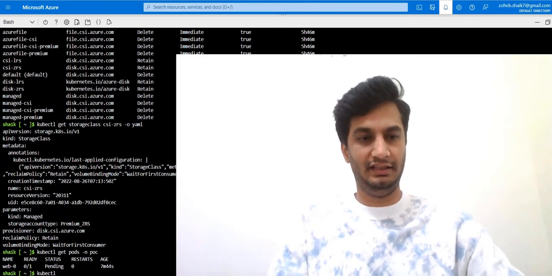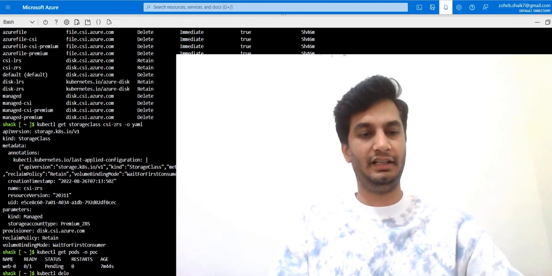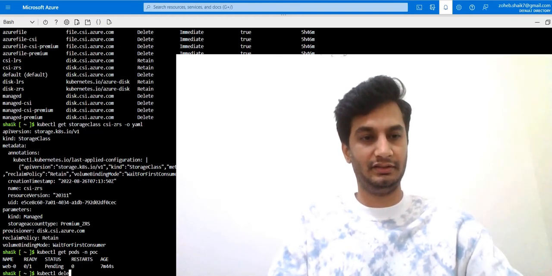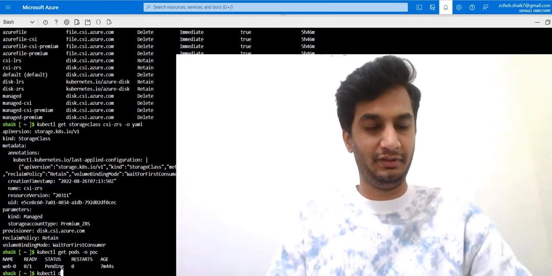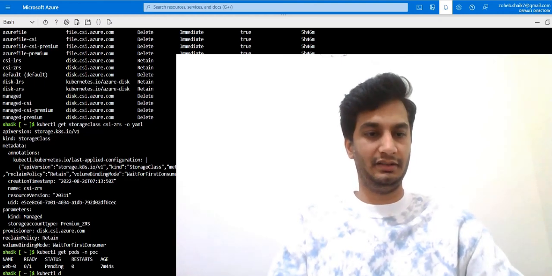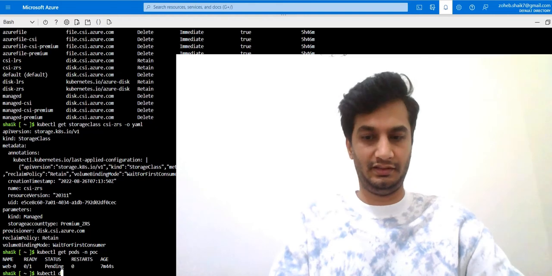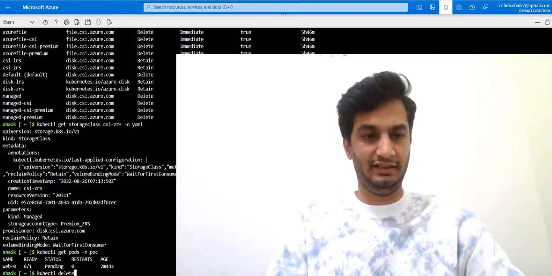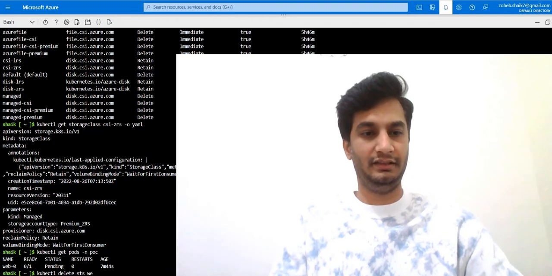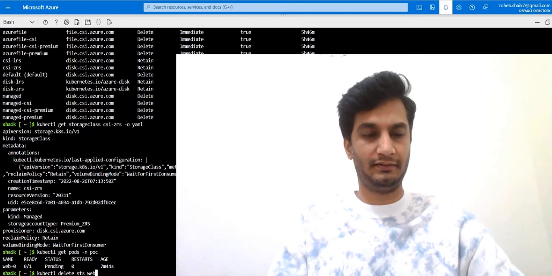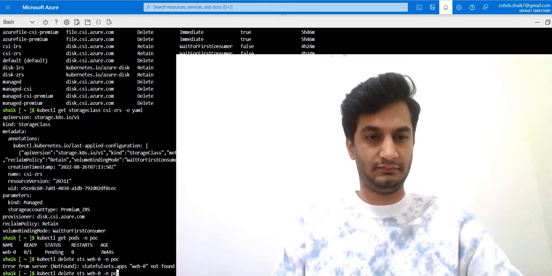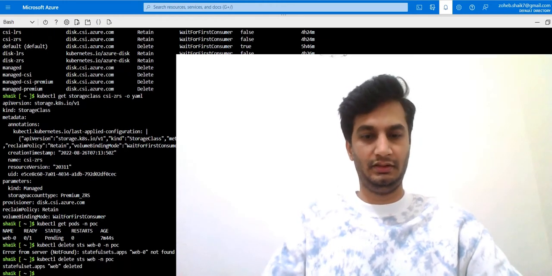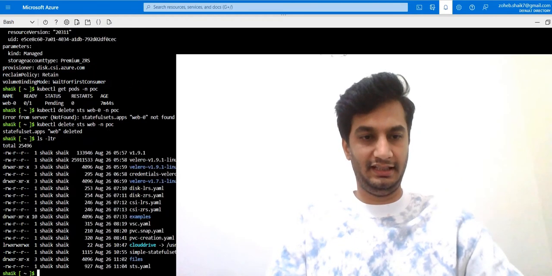Now I'll just delete that one. We have to delete it. Why? Because I will show you that as well. Even if I edit, it won't allow us to edit. Why? Because only a few specs it will allow. We cannot change the PVC on a deployed resource. So just delete it. In production and in a working environment, we should be very careful. We cannot edit for sure, because it won't allow. It's just web, not web-0. I just deleted. Now the same file,